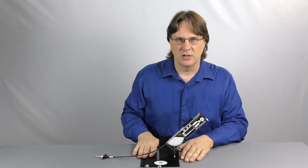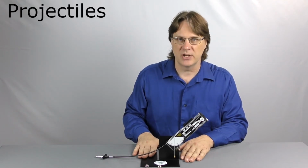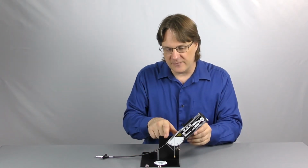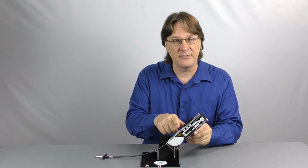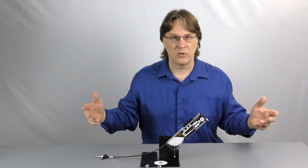The mini projectile launcher is a compact and easy solution for students to investigate projectiles, horizontal motion, gravity, as well as vectors. At 45 degrees and at the 3 different launch velocities, you can get a range of 3.5, 5.5, and 8 feet. So this works if you have a short table or if you have a lot of space